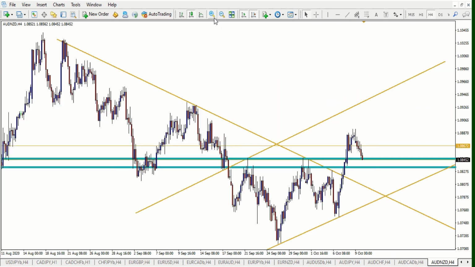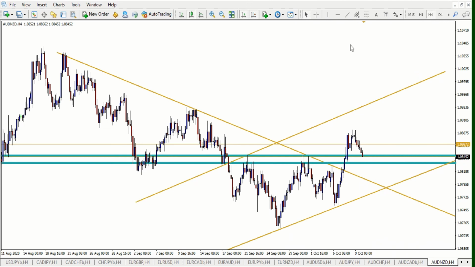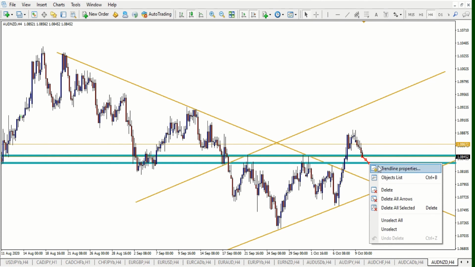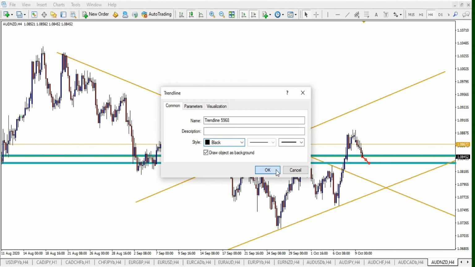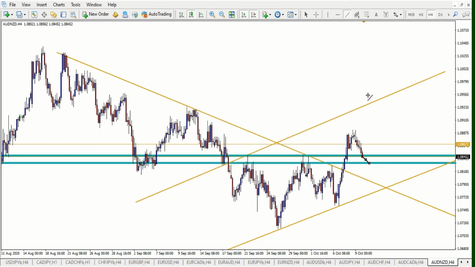So essentially what we're looking for in this pair is for the pair to come back down in this zone or this region and retest that support resistance zone and move back up, completing this upward channel that's starting to form. Yeah, that's about as much as I'm looking for the Australian dollar and New Zealand dollar, because an invalidation of this would be if the market